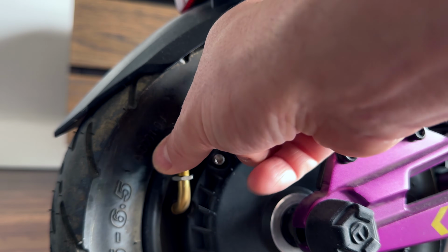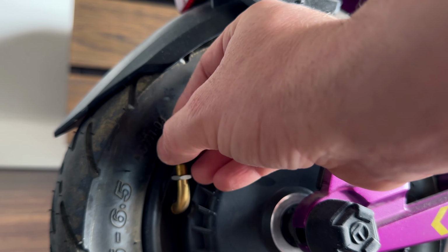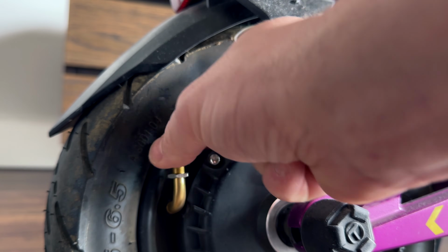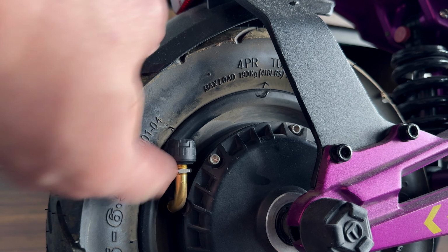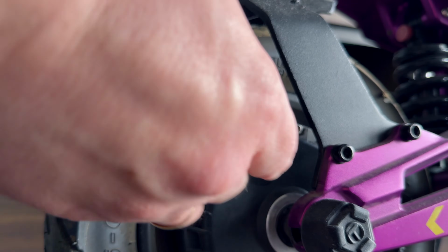So let's just hopefully get this on as quick as possible. Okay, which it is. Put our locking nut back up. Then we need to secure it